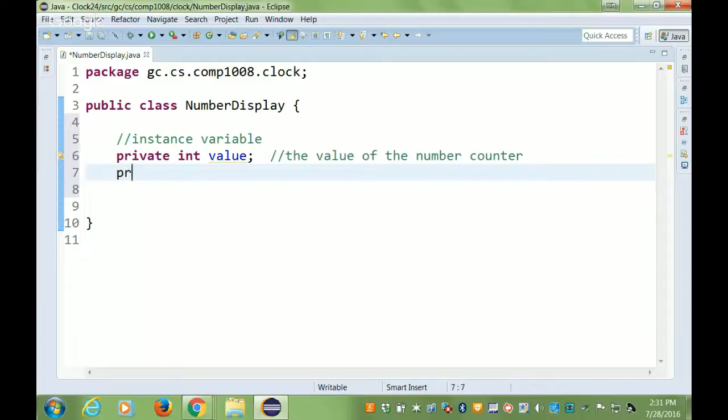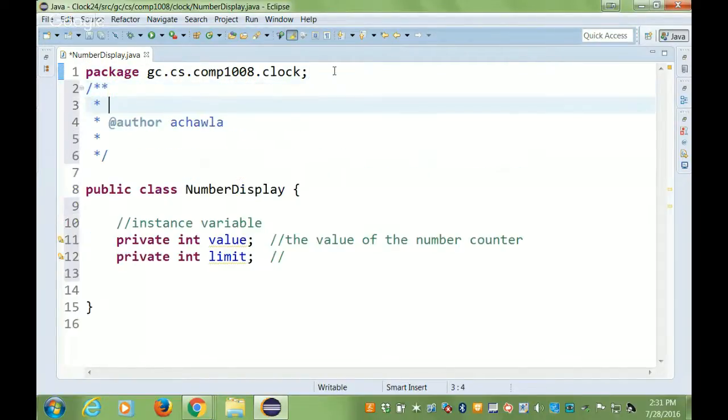The second one that I need for this one is again an int, and it's a limit. I'm calling it limit. Of course, if it was more than 1, we would have gone with a lower limit and an upper limit. This is basically the upper limit of your counter. So your counter will count from 0 to whatever, right? So that's what happens if you don't write comments. So basically this class